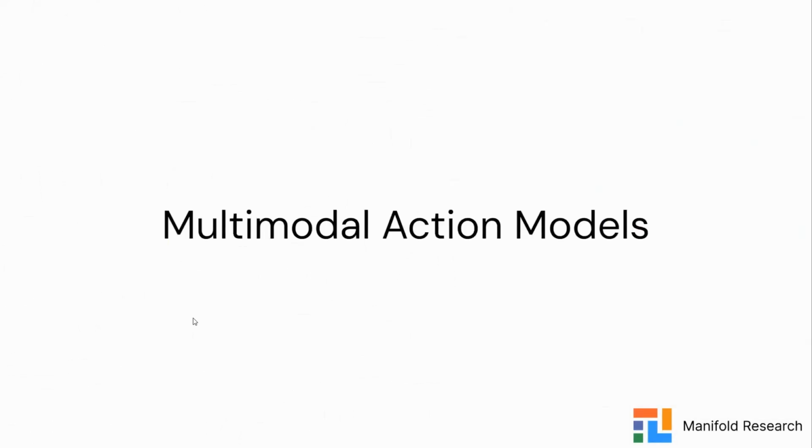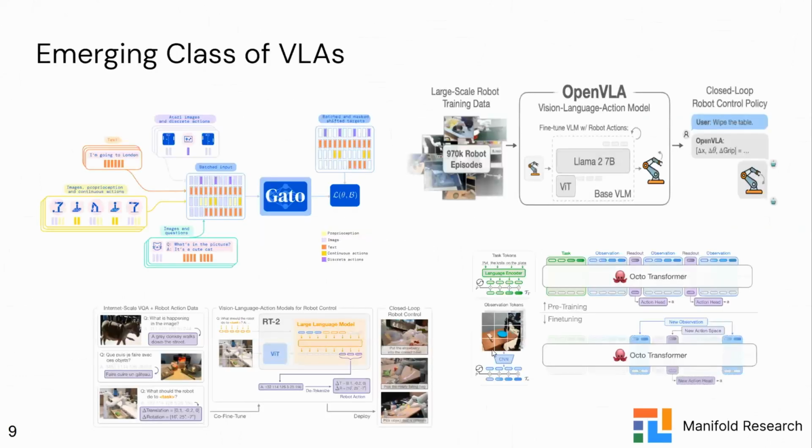So actually, I'll be the one introducing the multimodal action models. Can we go one forward? So this project, many of you have heard of, it actually started with trying to reproduce a model that came out of DeepMind a few years ago called Gato. And so the theme behind these models, all the way from Gato a couple of years ago to now, a bunch more models that you're starting to see, is trying to enable large multimodal, usually transformer-based models to be able to spit out reliable actions, sequences of actions, to be able to engage with some sort of environment.